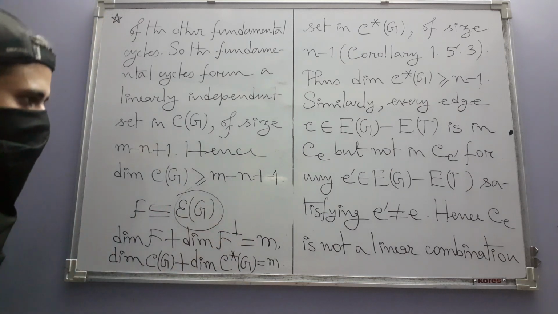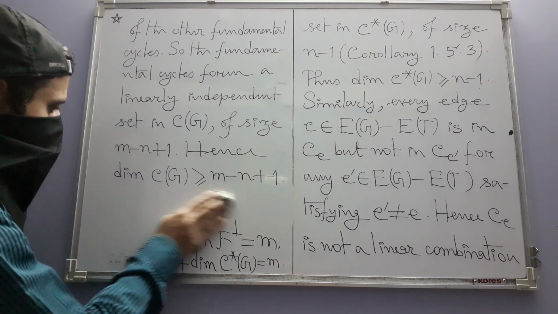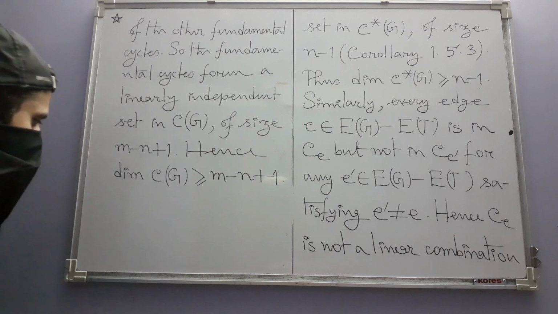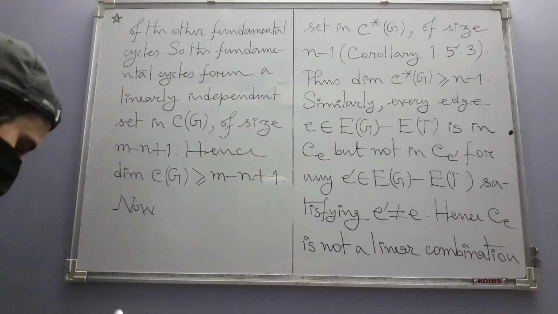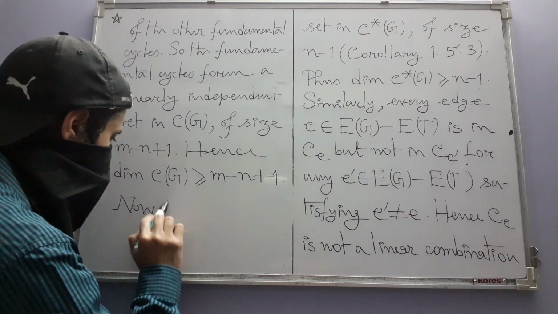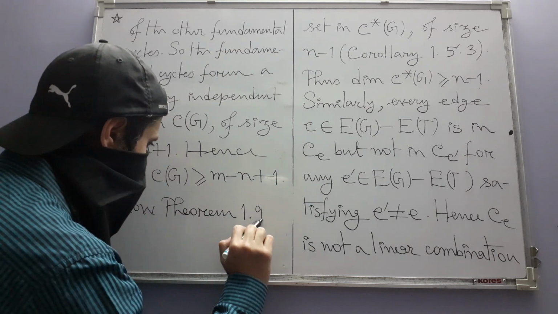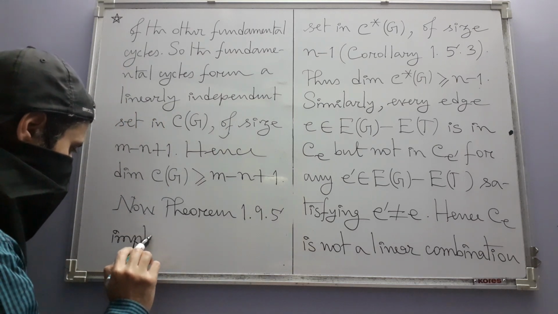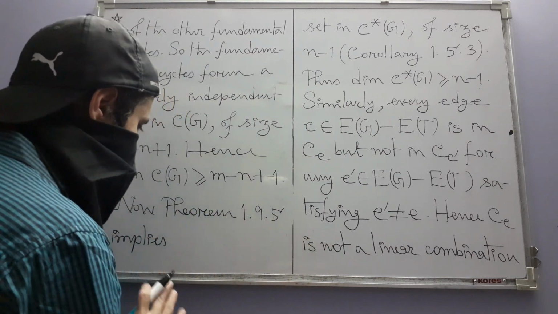So let us now write the results and see what is the final conclusion of all these things. Now, this result is a theorem. Now theorem 195 implies, let me write it a little more elaborately than how it's written in the text,